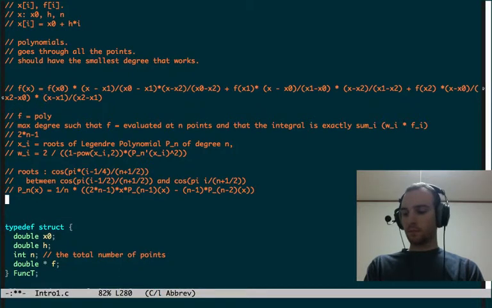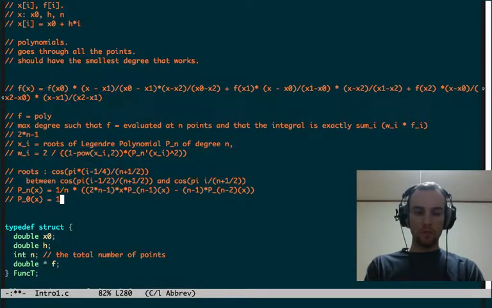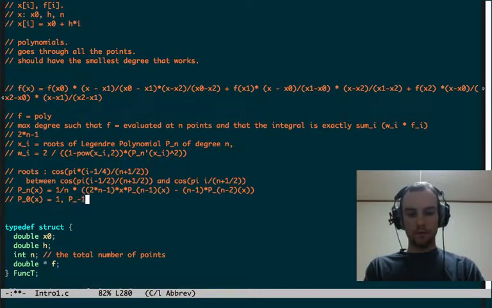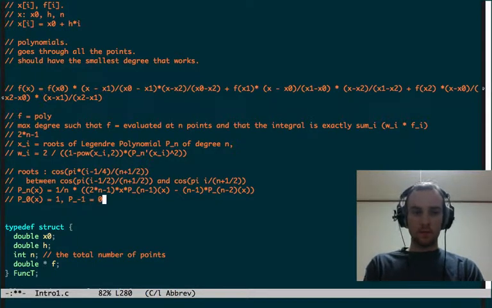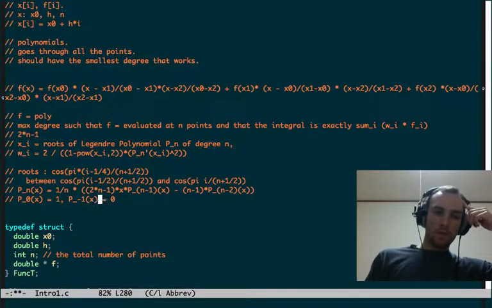Okay, and then you need the starting point, so the polynomial of degree 0 is taken to be 1, and you can take the polynomial of degree minus 1 to be anything, for example 0. Okay. You could also